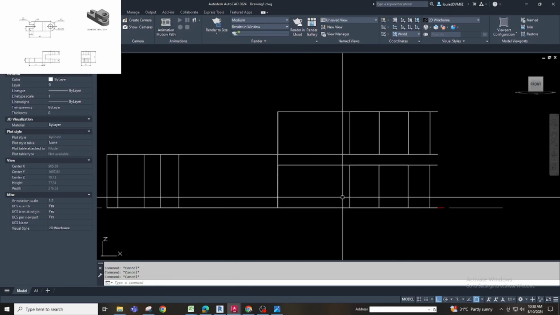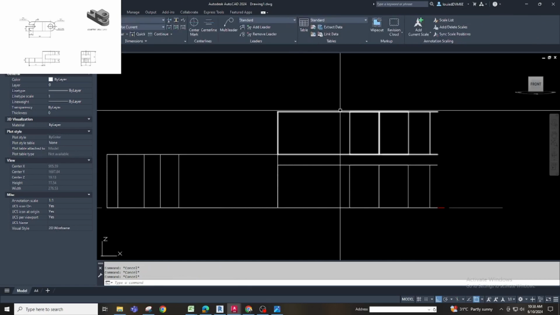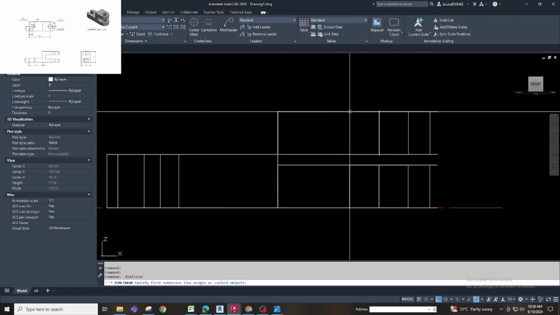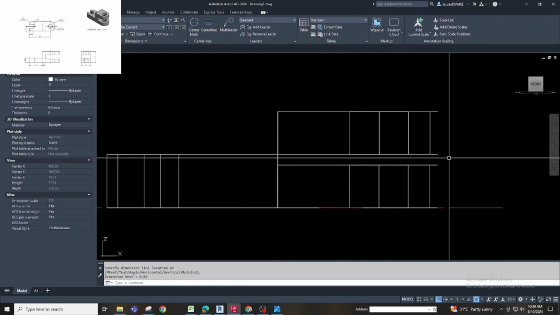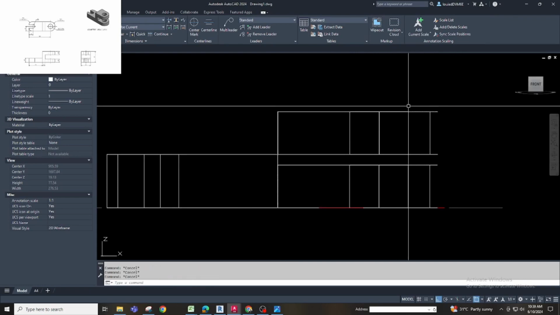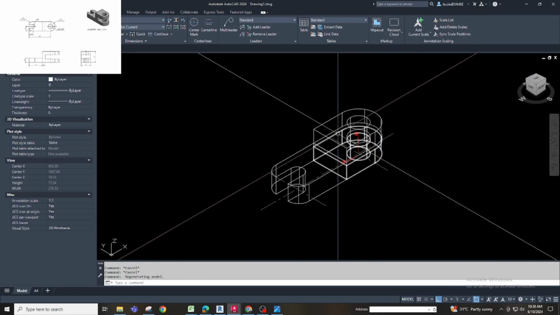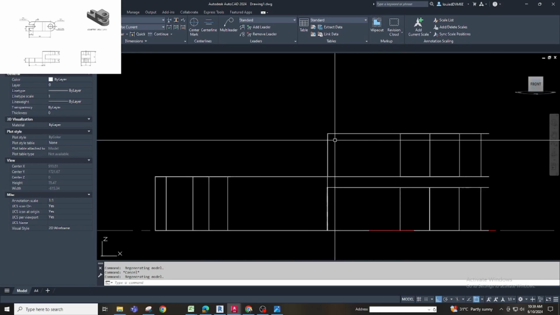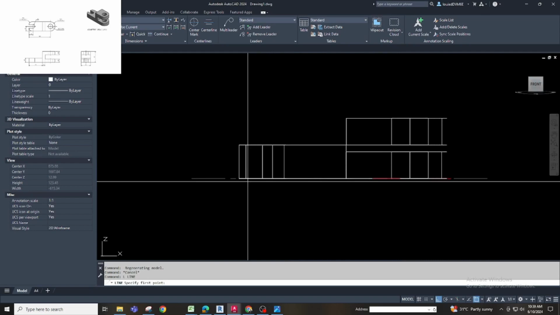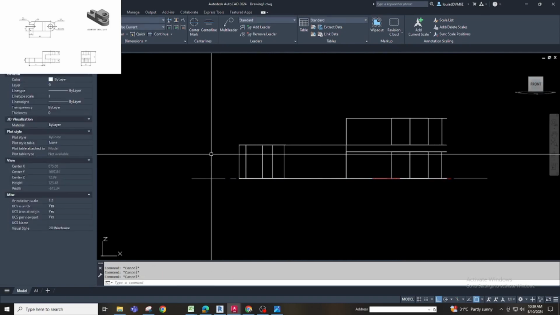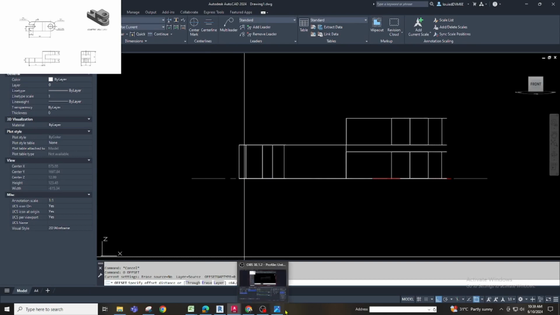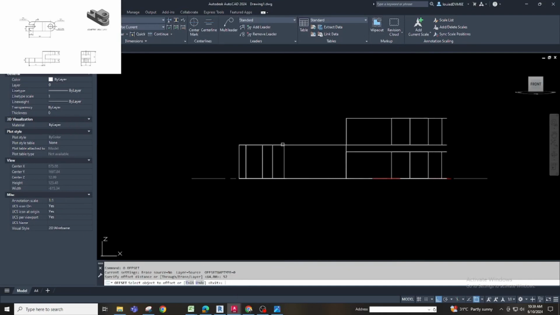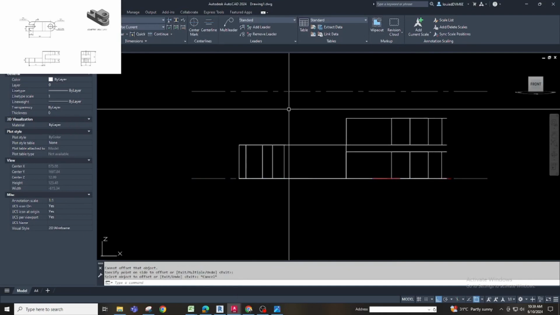So we will make a dimension for this. Let's say 52, set this center line.